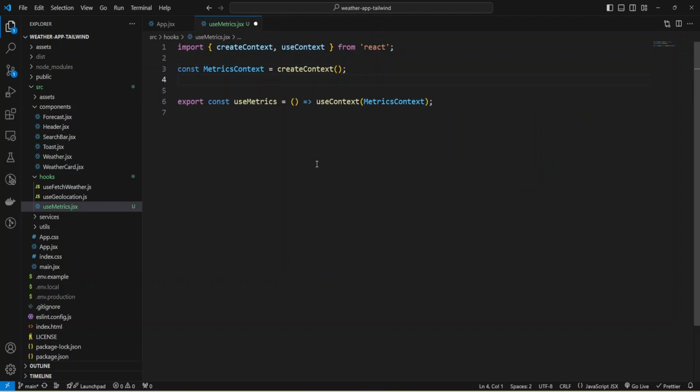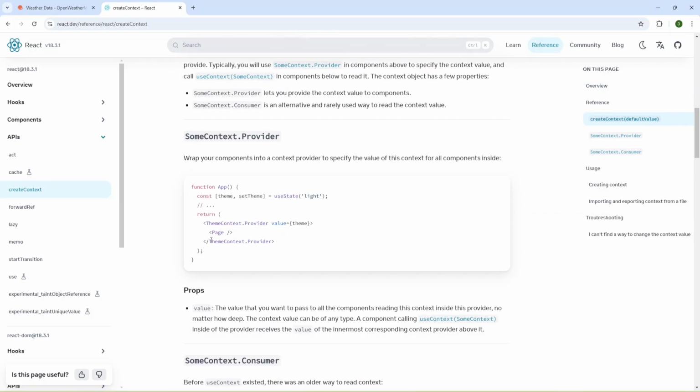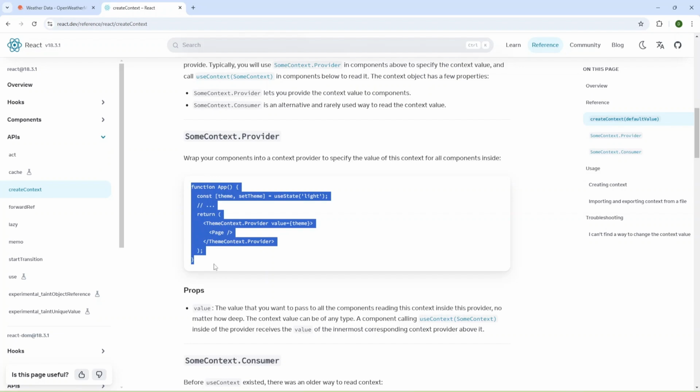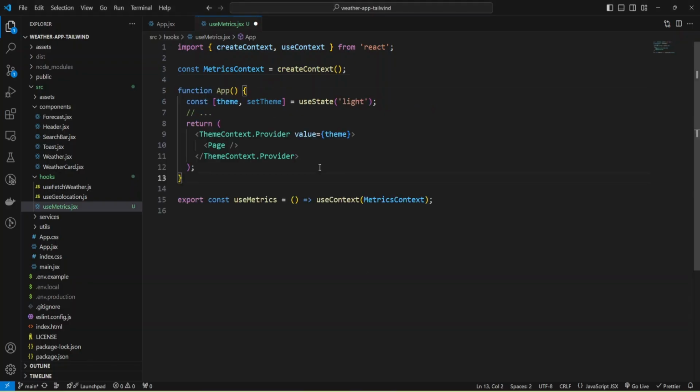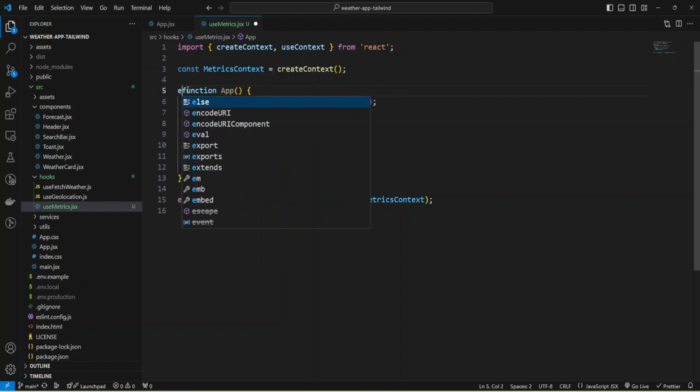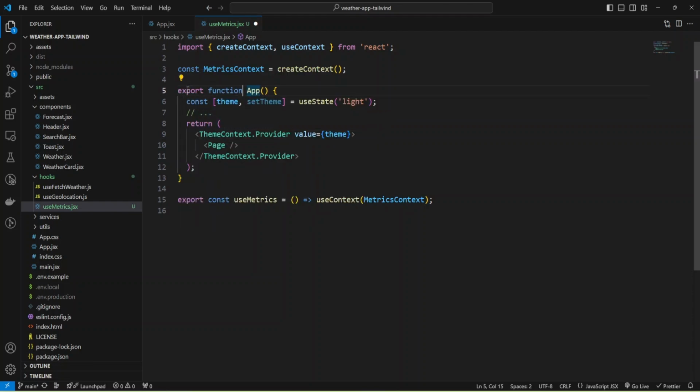Okay, and now we need some provider, so let's check the docs. I'm going to copy paste this code from the React docs and add export function, rename it to MetricsProvider, and return.